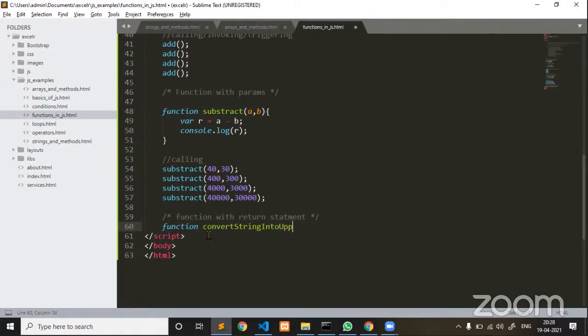One function, uppercase string. This is one of the functions that I am creating. So here let me pass my string str as a parameter.